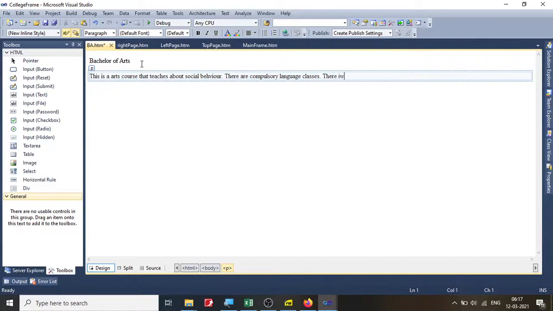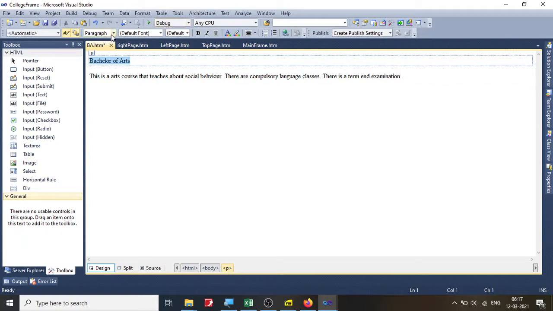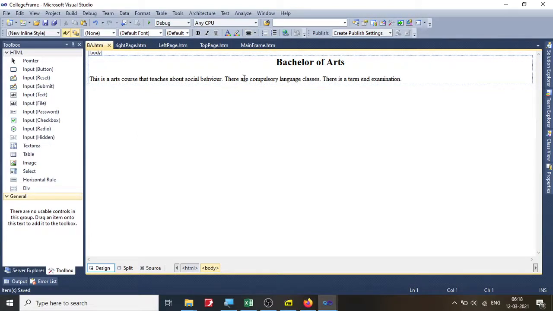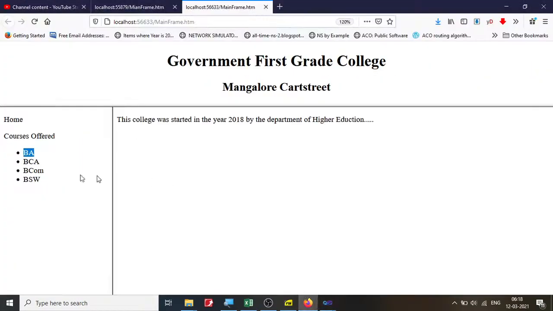There is a term end examination, and so on and so forth. You can write many things about that. I will just make it as a heading, say 2, and maybe center it. That's it. Now what I am supposed to do is, when I click on this BA, that information has to